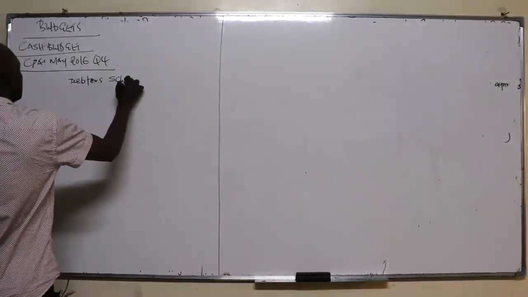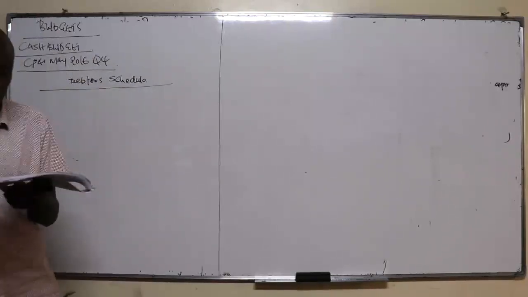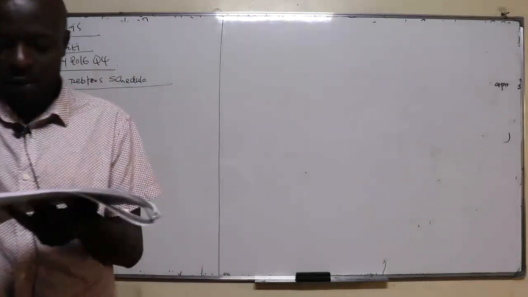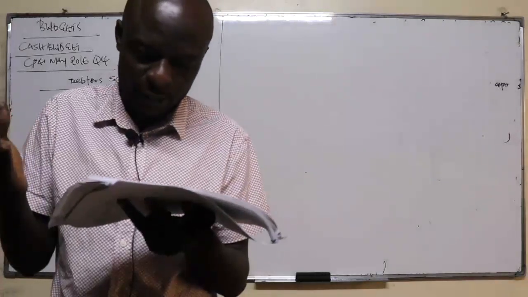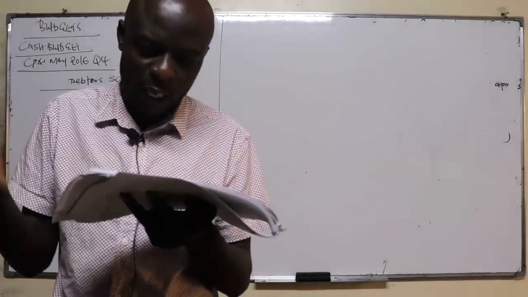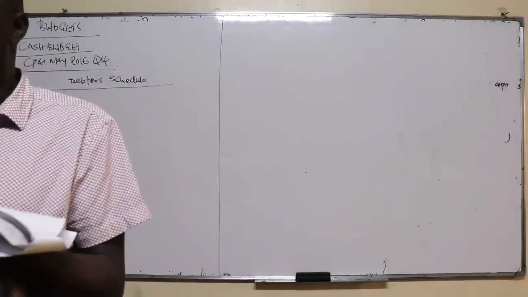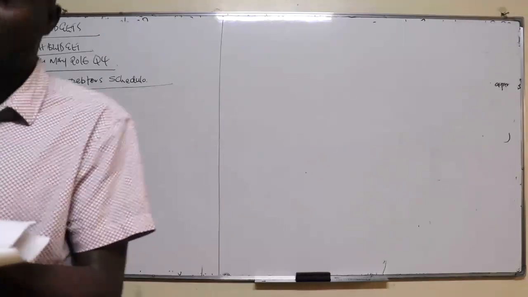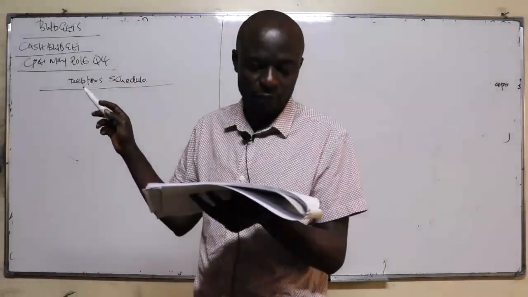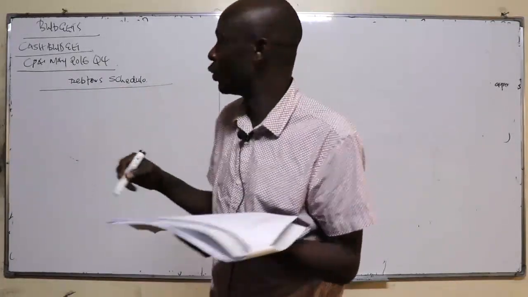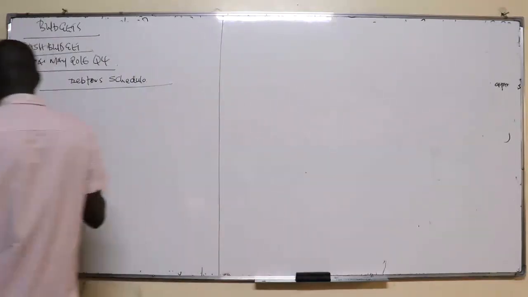Debtors schedule. So what is this? This is a schedule that shows the budget period, that is the period covered by the budget, which is only 3 months, for the 3 months ending July. So the budget period is May, June, July. But someone might have bought goods in earlier months and pays within that budget period. So your analysis should start from the first period you've been given. Here, we're going to write all the months.